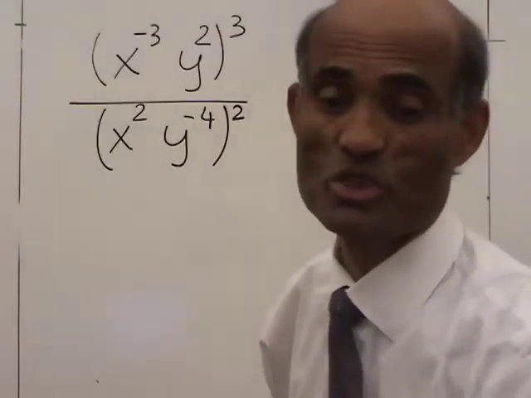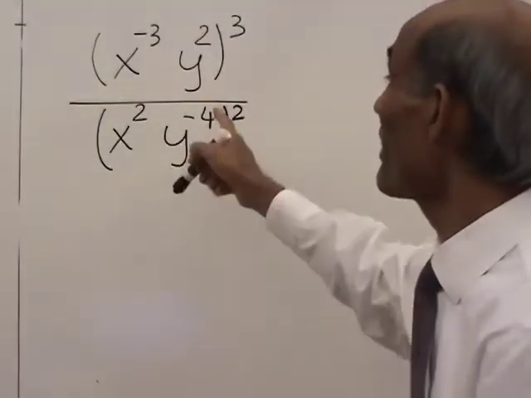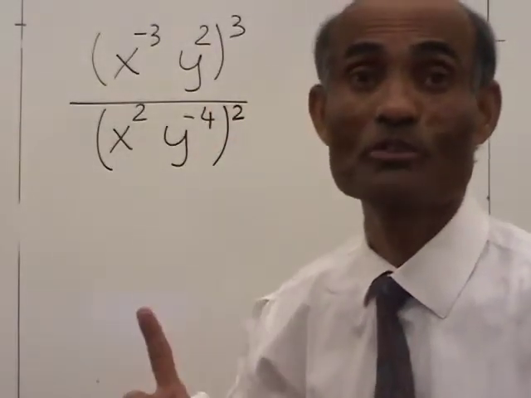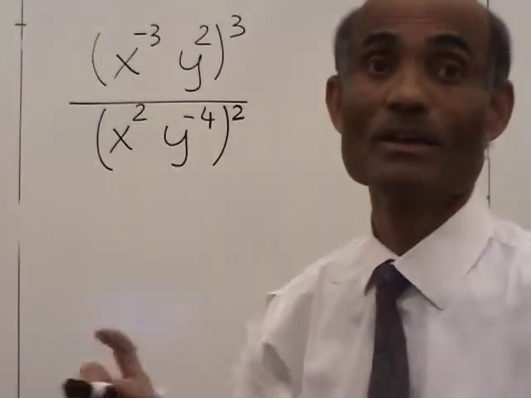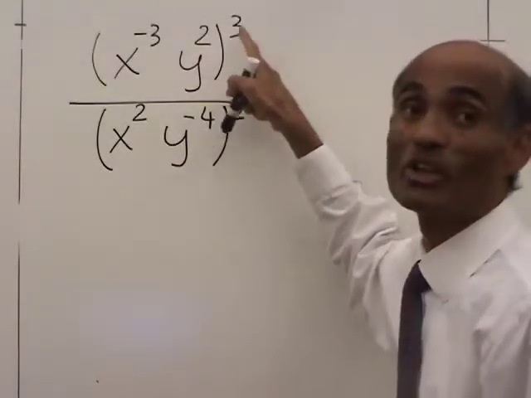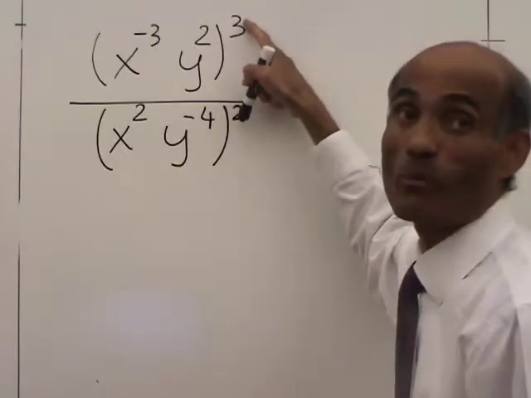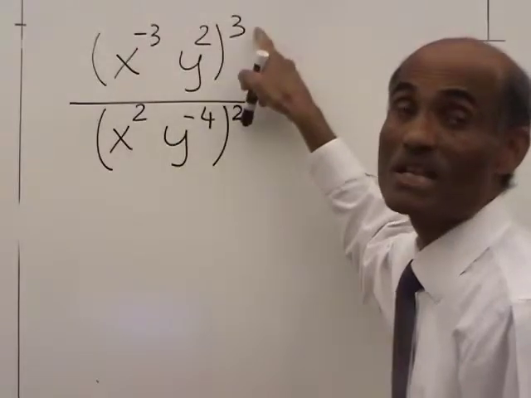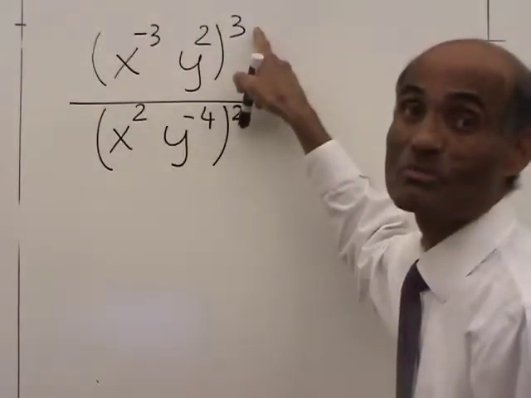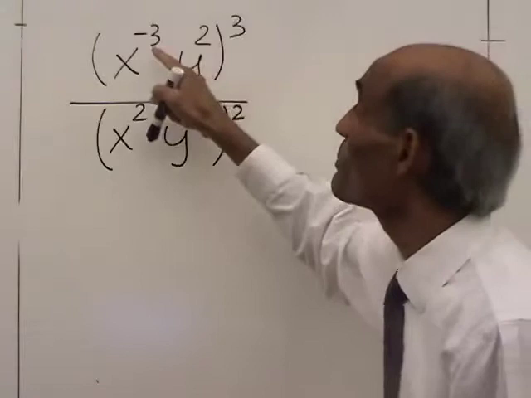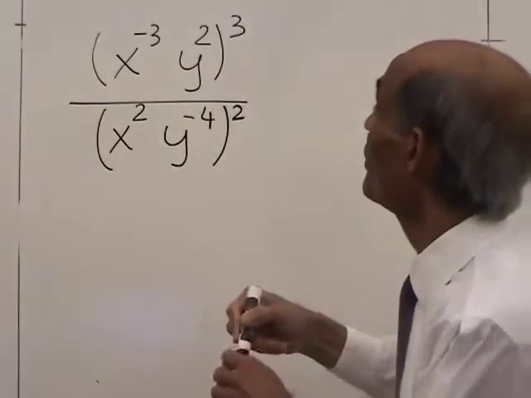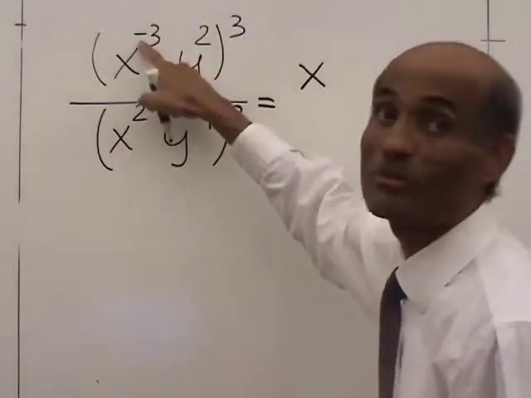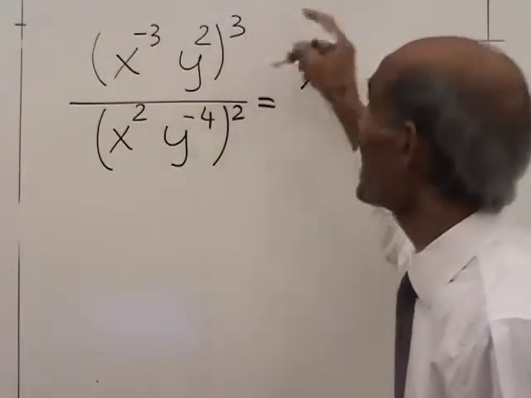The second question is, you need to simplify this and write the answer using positive exponents only. So the first thing to do is distribute this power. You see, this is x to the power of negative 3 raised to the power of 3. So distribute that. What you need to do is multiply the powers. So that will be equal to x to the power of negative 3 raised to the power of 3 will